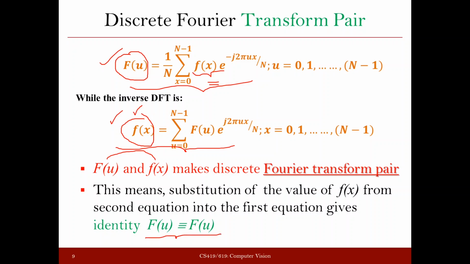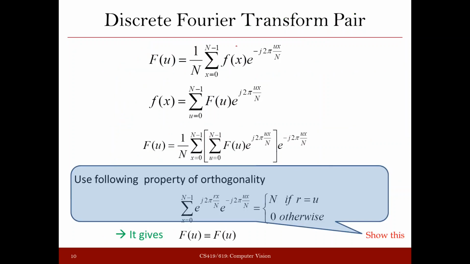You will find that if this F(u) has been obtained from the same f(x), then F(u) from the left side, which you have here, will be the same as what you are going to get from the right side. That means if you replace this f(x) by this f(x) and do some mathematics on this, you'll find that the right hand side will also turn out to be F(u). Okay, you can get more details from here.